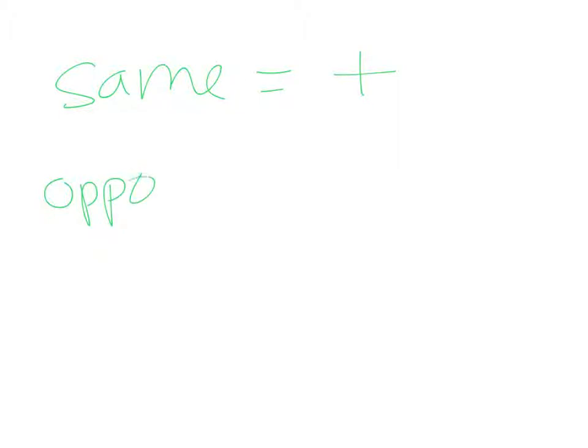In multiplication and division, as long as you have the same sign in your problem, your answer will always be positive. Meaning if you're multiplying two positives or even two negatives, if they're both the same, your answer will be positive. However, if your signs are opposite, meaning you're multiplying a negative times a positive or a positive times a negative, then your answer will always be